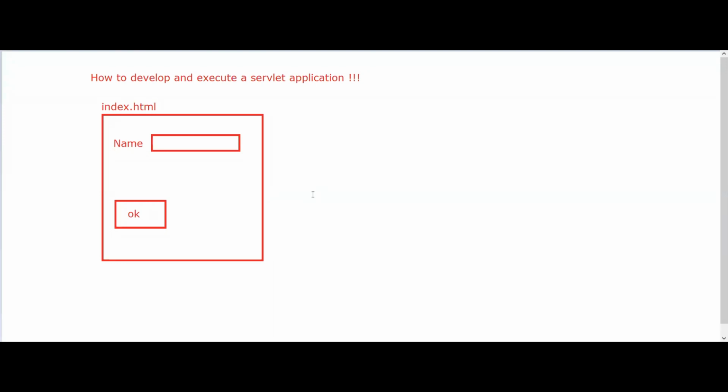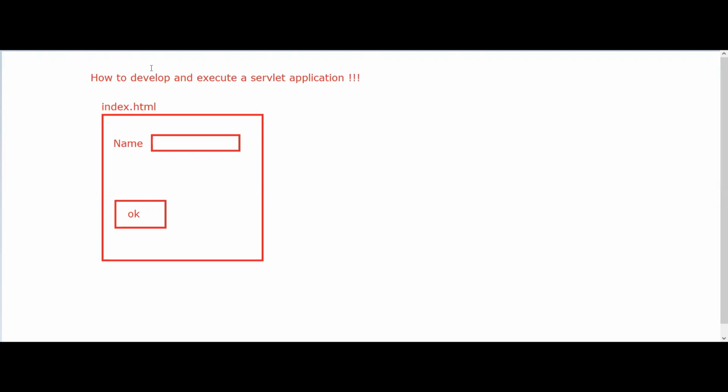The form file name is index.html, so index.html is an HTML file. So what is the output? This is a form containing simply one attribute, that is nothing but a text box, the name, and one command button, the value of the command button is OK.